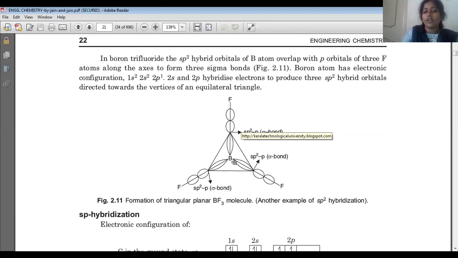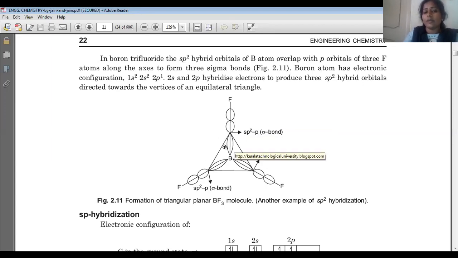In boron trifluoride also we have this s orbital. Boron has one electron fewer compared to carbon, so it has two s electrons and one p electron. After the excitation that is converted into 2s1 2p2, so that we will have three unpaired electrons in the valency shell. So these three electrons present in the 2s and 2p orbitals of boron bind with the p orbitals of fluorine, so that we will get three sigma bonds.